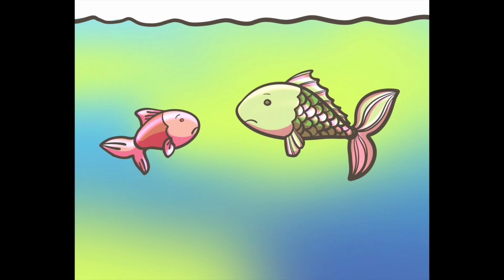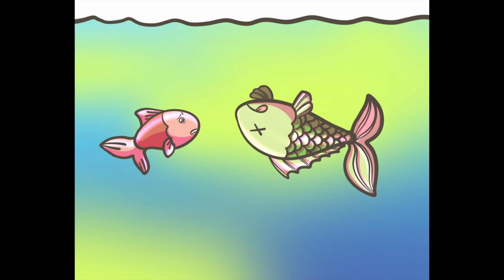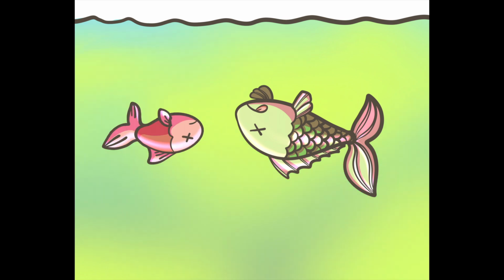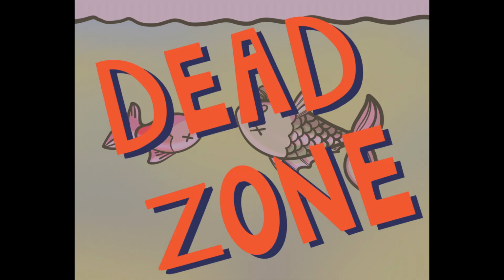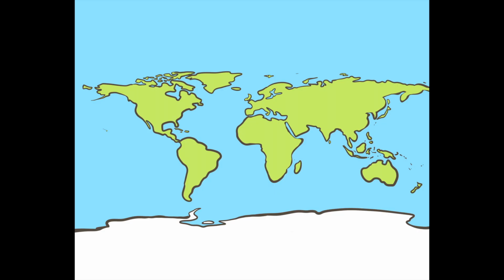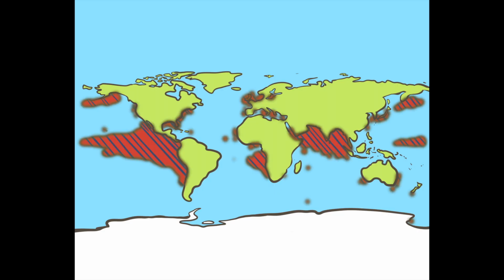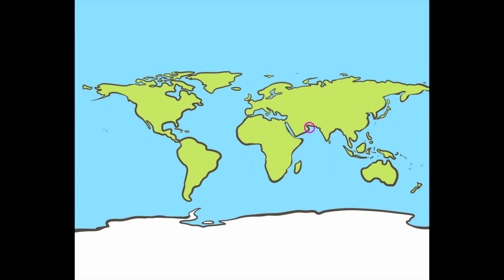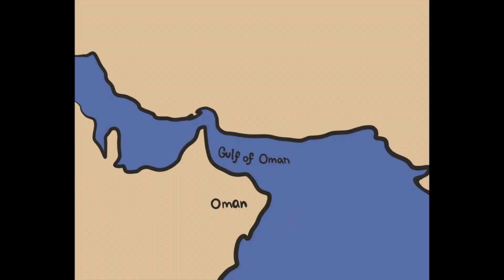Large amounts of oxygen are depleted from the water as they break down, and this causes the death of aquatic organisms. Areas of oceans or watersheds with low levels of oxygen are known as dead zones, as the oxygen levels are too low to support the life of aquatic organisms. Dead zones are found in the coastal areas all over the globe, the biggest being located in the Gulf of Oman, in the Arabian Sea spanning over